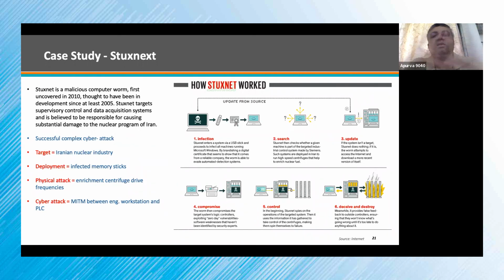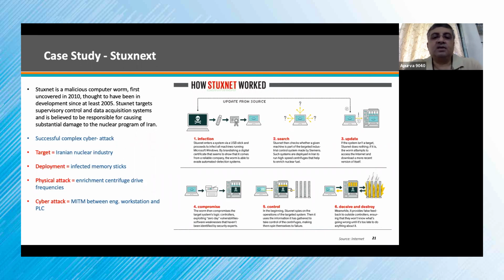Somebody did a phishing attack. They sent out malicious code in Microsoft Word. The memory stick was infected. Somebody gave an infected memory stick, so it impacted the endpoint of the system on the IT side. I'm not talking about OT right now. It impacted the endpoint and deployed the worm within the system, and then it remained in the system till it got privileged access.